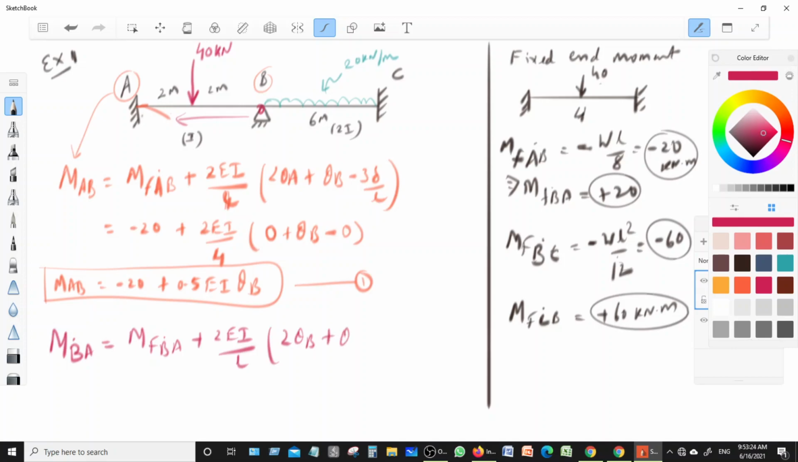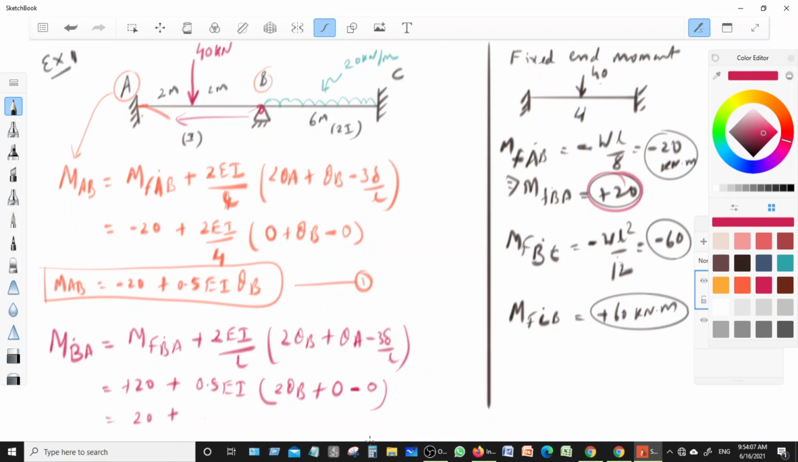plus theta A minus 3 delta upon L. Now see here, theta A will be 0. So you put the value here, MFB, that is plus 20, plus this is 2 by 4, it means 0.5 EI in bracket 2 theta B, because it has some deflection. It's A support, but theta A will be 0. Delta is not given, it means there is no sinking of the support, so delta will be 0. So your equation will be 20